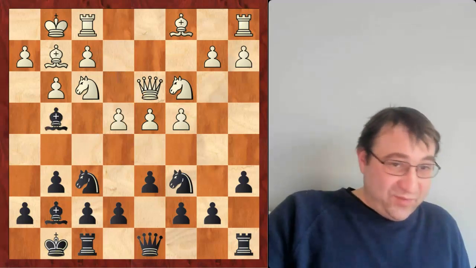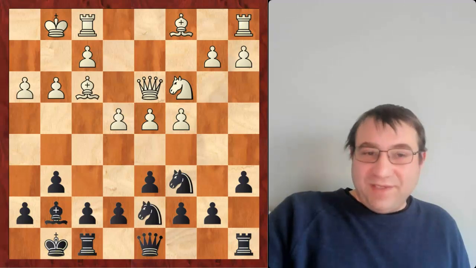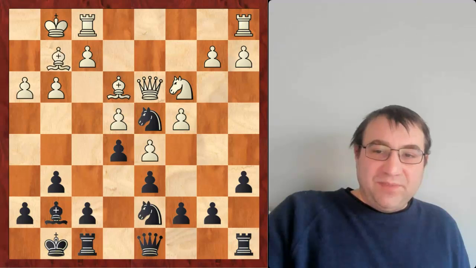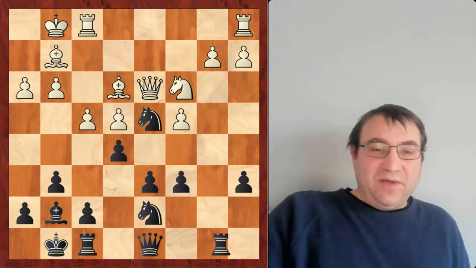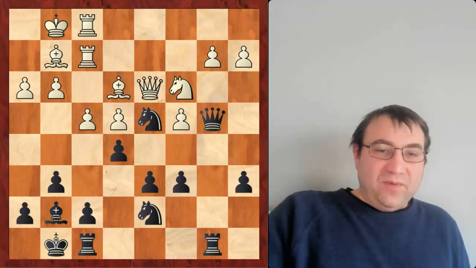I immediately play bishop g4. Same idea. h3, bishop f3, bishop f3, knight d7. Same idea, gaining the tempo on d4. Bishop e3, e5, d5, knight d4, bishop g2, and then c5, dc6, bc6. We have pawn to f4, rook b8, rook f2, queen a5, rook f1, queen b4 hitting the pawn on b2,